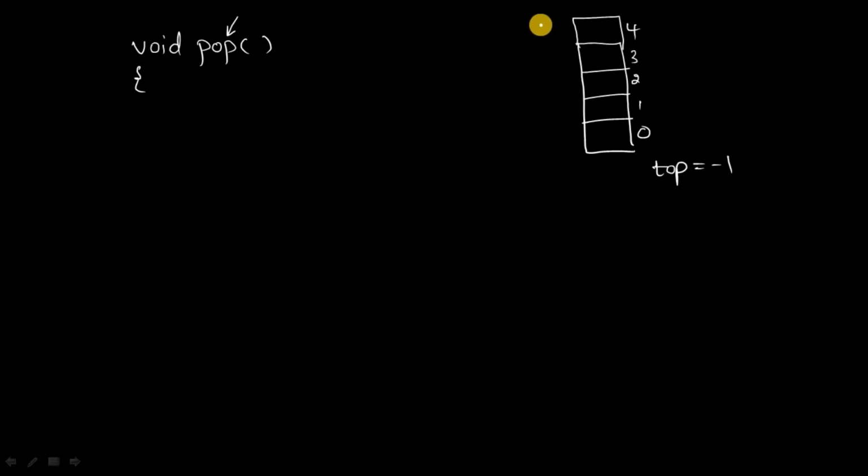See here, I am taking this example. Here there are no elements present in the stack. So what condition can I use? Whenever top value is equal to -1, I can say that there are no elements in the stack. So I am going to use this as my condition in the program. If top is equal to -1, remember it is a double equal to, it means I am comparing the value of top with -1.